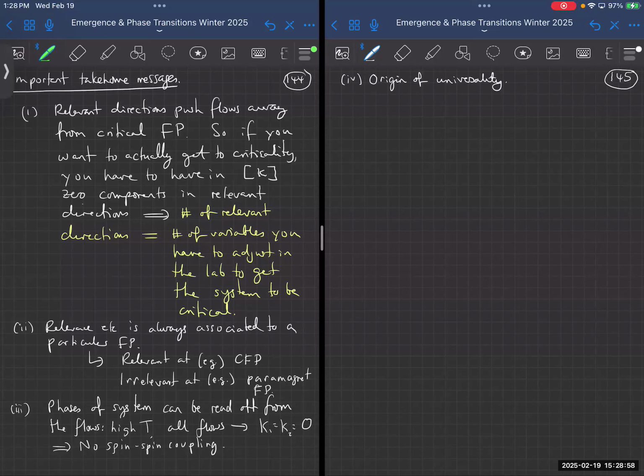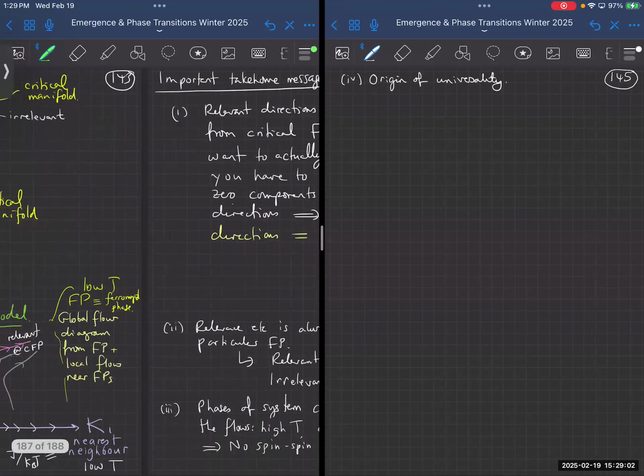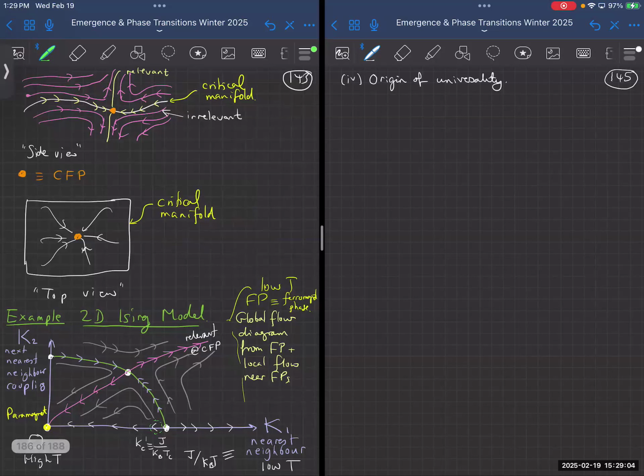Both in my picture over here, the nearest neighbor Ising model and the next nearest neighbor Ising,